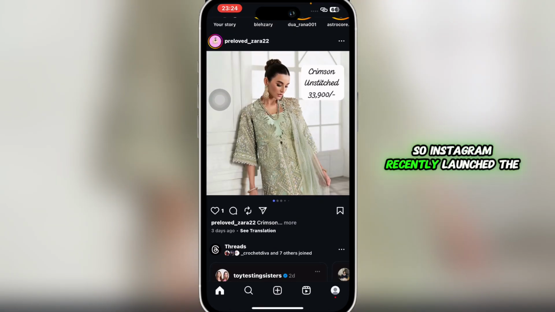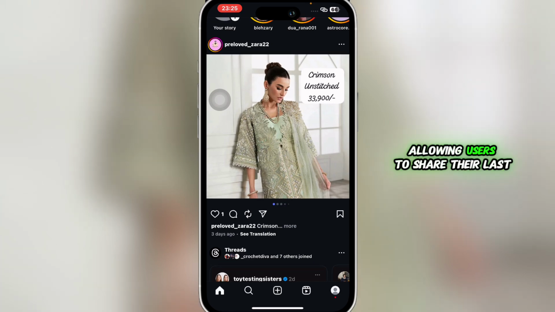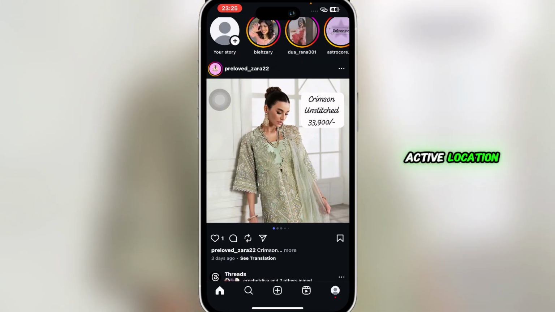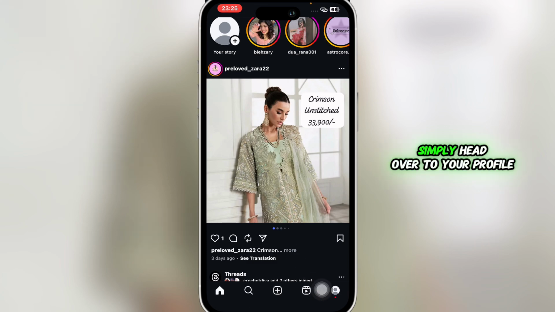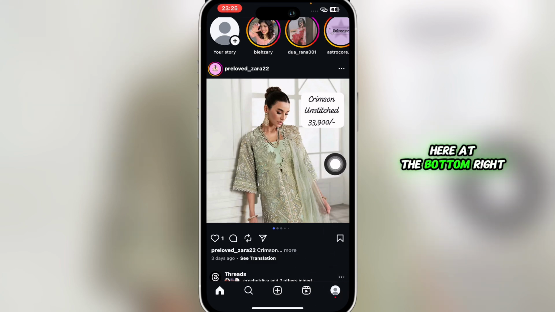So Instagram recently launched the map feature allowing users to share their last active location with selected followers. While it's opt-in by default, privacy concerns have prompted many users to disable it. So here's how. What you gotta do is simply head over to your profile here at the bottom right,